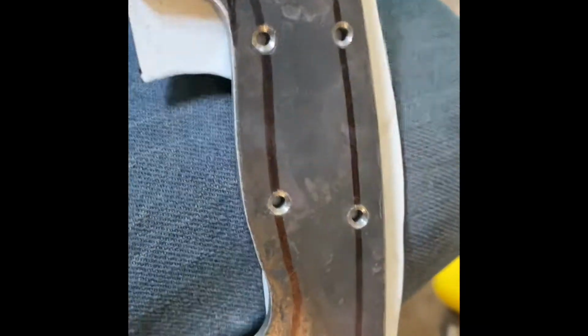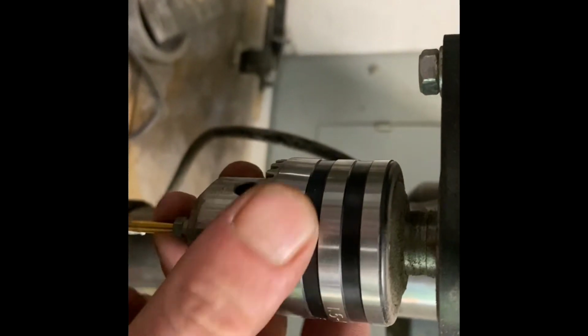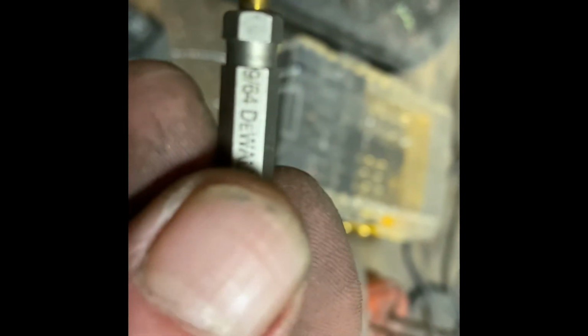It's 1/8" pin stock. So the fun thing about that is when you drill holes for 1/8" pin stock, doesn't matter what kind of material you're using, if it's mild steel, brass, bronze, whatever you're going to use, if you use an 1/8" drill bit to drill the hole, then your 1/8" pin won't fit. So I use a 9/16. I think that's what it is. Let's see. Well, it's in the drill, so hang on. I think it's 9/16. Or 9/64 maybe. Yeah, 9/64. So 9/64 is the drill bit size you want